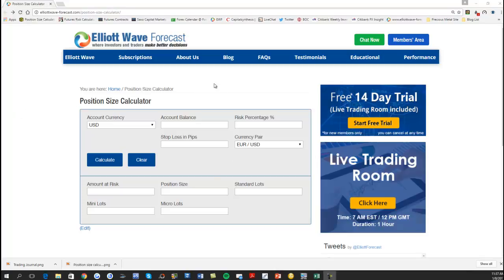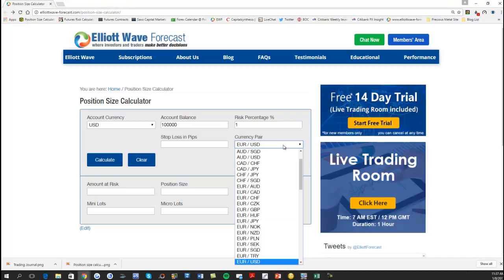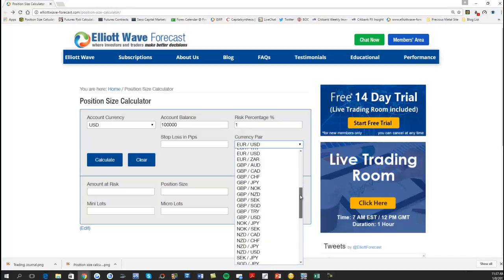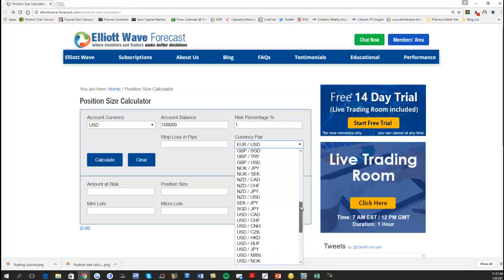So let's go to the position size calculator site. Again, it's elliotwave-forecast.com/position size calculator right here. So let's say that your trading account is in US dollars, and you start with 100,000, and you put down the risk percentage. Let's say you're willing to risk 1%, and you are trading the euro yen. So you click this and you select the euro yen in the drop down box,